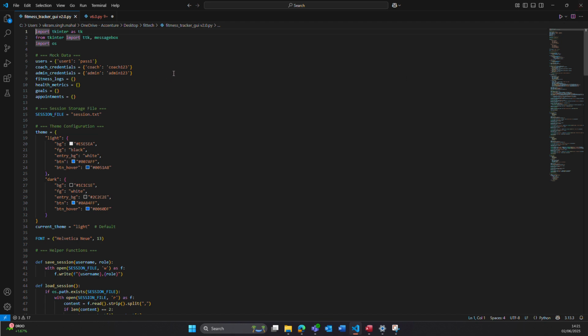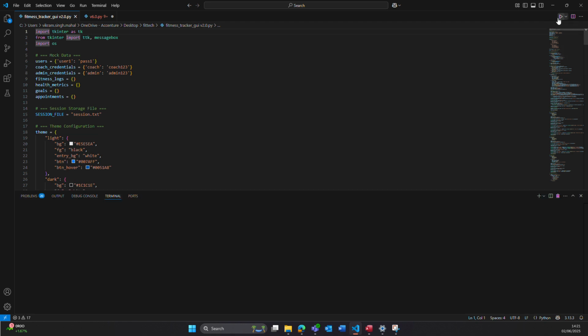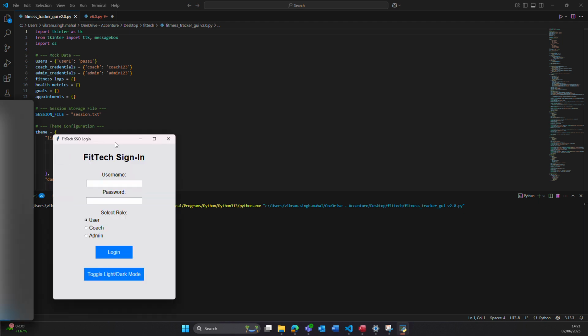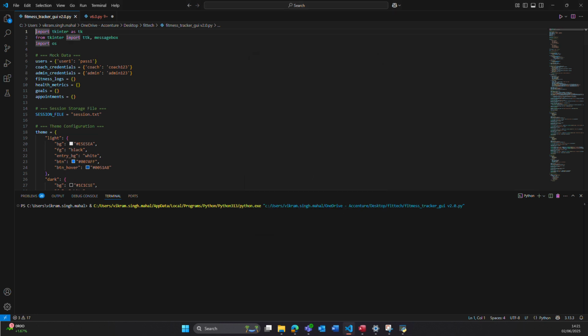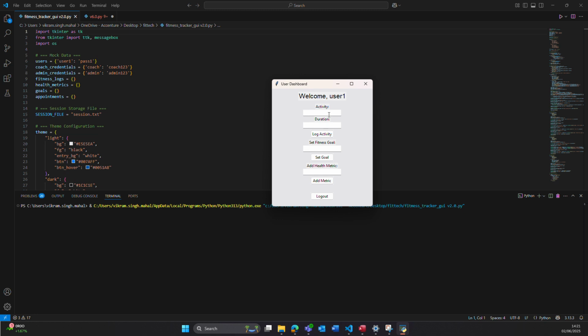We've got the login details stored as mock data for now, just so we can actually show it working. So just bear with me while this runs in the background. There you go. And it's come up. So if you were to log in, then you can log in as, for example, the user, which would be user one and pass one, and it would log in, which would then take you to this login page where you can log